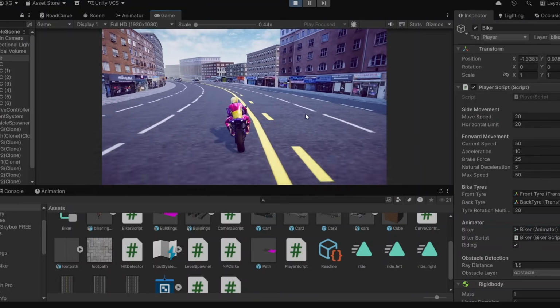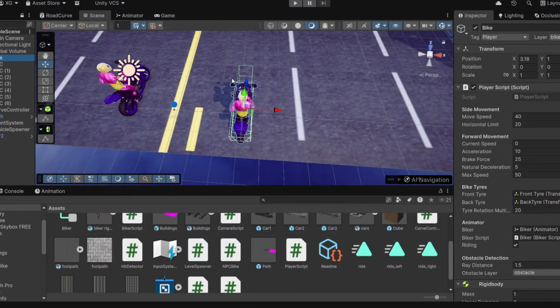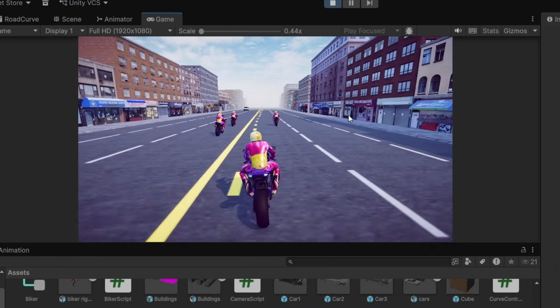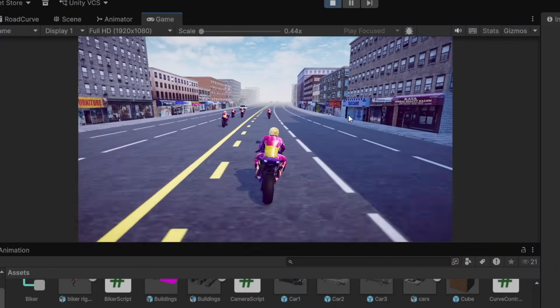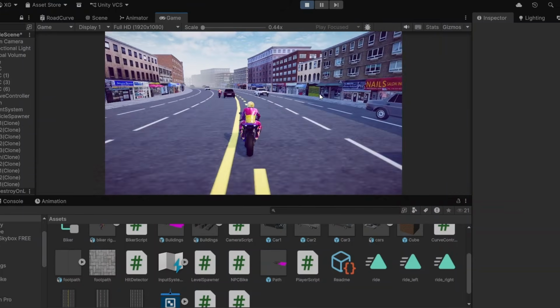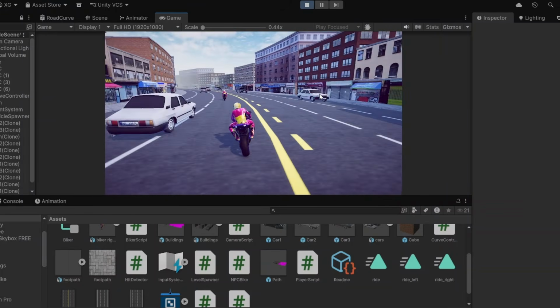just like in the older Road Rash game. In order for it to actually feel like a racing game, I'm going to add these NPC bikes. These bikes will follow a script that makes them ride straight and avoid obstacles, just like in a real racing game. I gave each bike a different speed so all of them feel unique. Some bikes are slow while others are really fast, so we have to beat all of them to win the